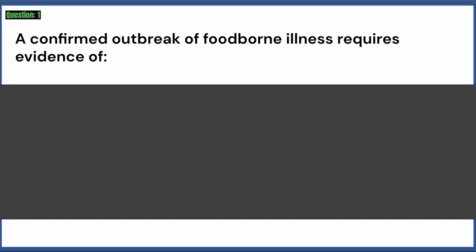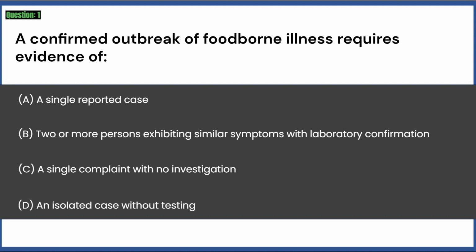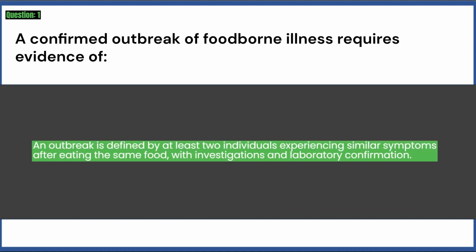A confirmed outbreak of foodborne illness requires evidence of: A. A single reported case. B. 2 or more persons exhibiting similar symptoms with laboratory confirmation. C. A single complaint with no investigation. D. An isolated case without testing. Answer: B. An outbreak is defined by at least 2 individuals experiencing similar symptoms after eating the same food, with